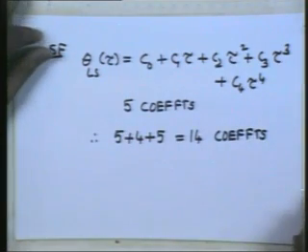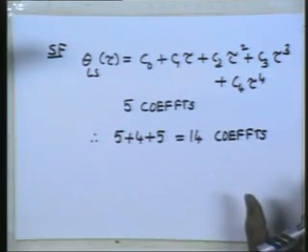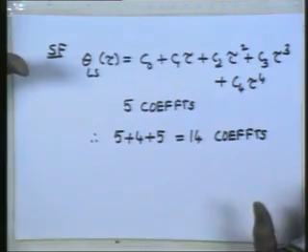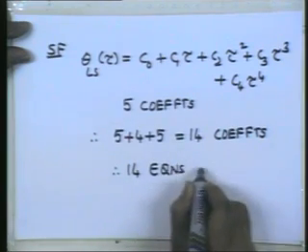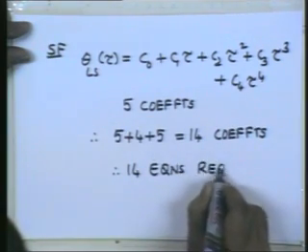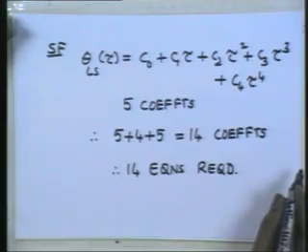to be determined. So I need to generate 14 equations based on the different types of constraints that I need to satisfy. Then I will be able to actually do this kind of a curve fit and plan the trajectory appropriately. So 14 conditions required. Okay. Now where do I get these 14 conditions from?